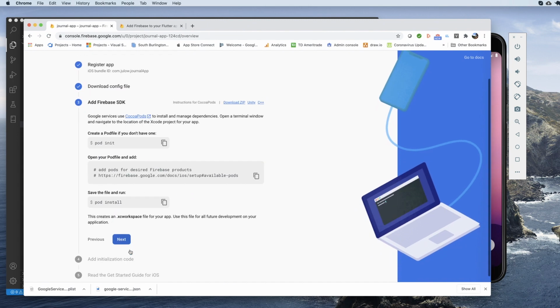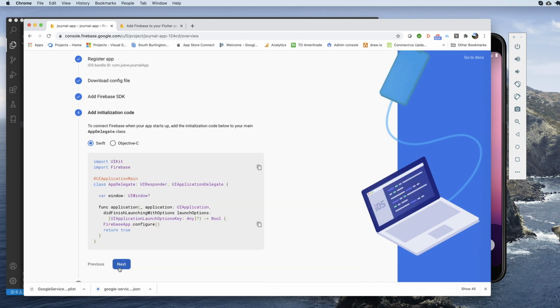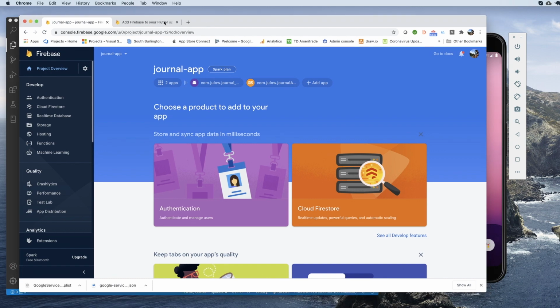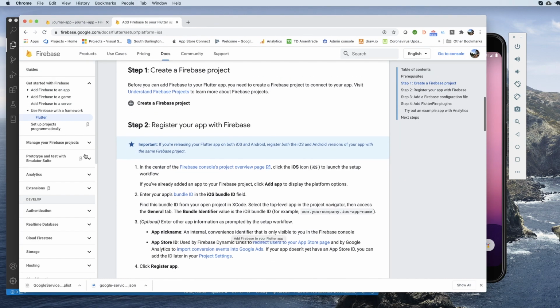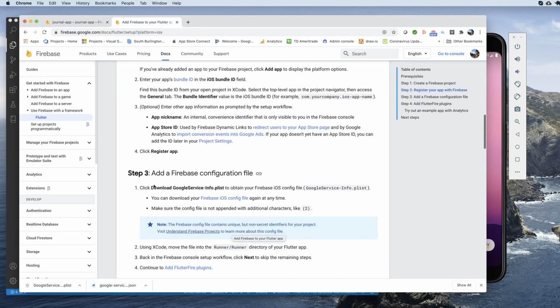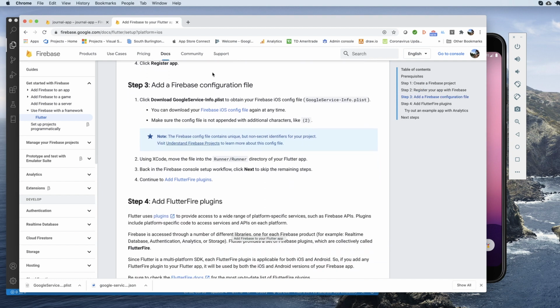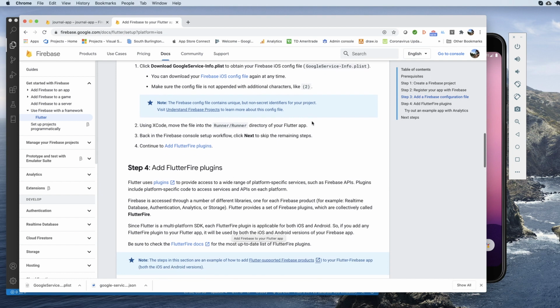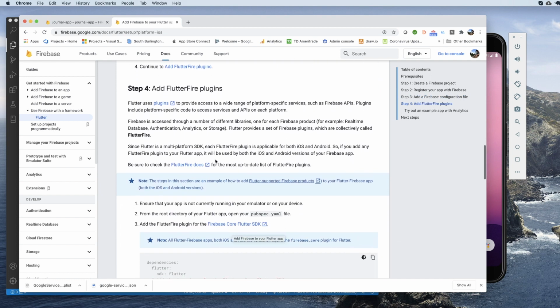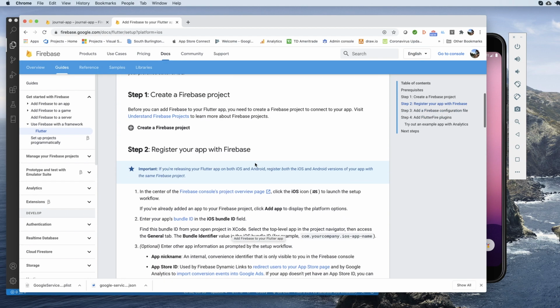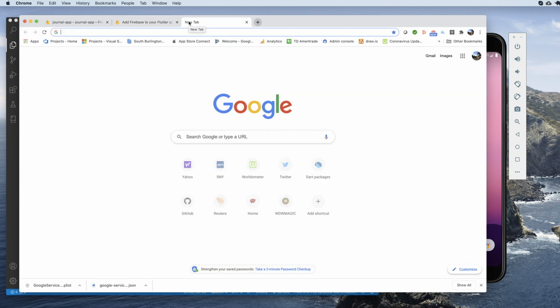All right, you can click through next because none of this is anything we're going to have to do here. You can continue to the console, see that you've got your iOS app, head back to our instructions, and we've completed step 2. We've actually completed step 3 by moving that Info.plist in there, and now we just need to do the plugins, and that applies for both iOS and Android. So let's go to pub.dev,